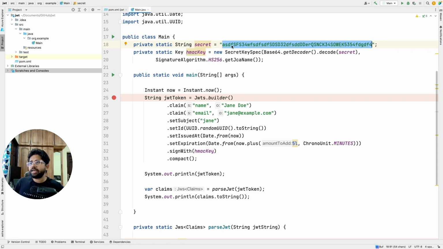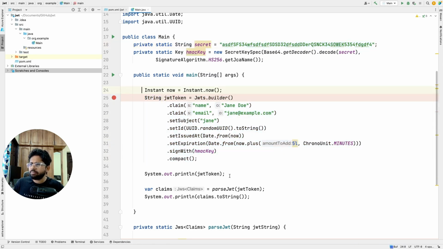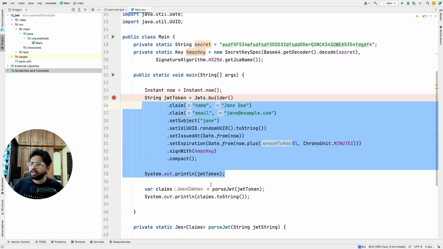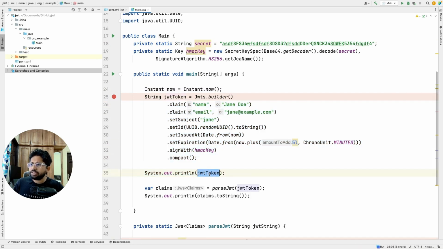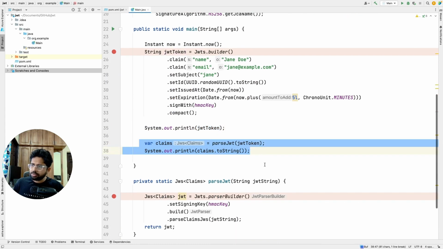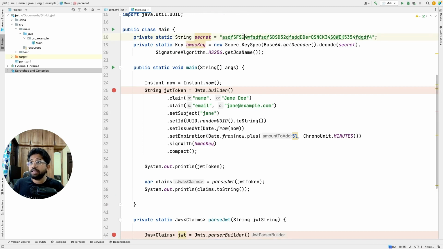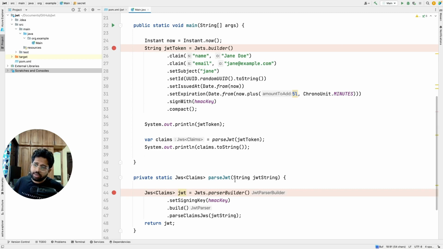So it will be there in the environment variable, or something like that. So nobody else would have this data. What you do is, whenever a request comes to generate the JWT token, you write some code to do that, and you generate the JWT token. And whenever a request comes back to you, you decrypt using the same key with which you have generated the token. Using the same key, you can decrypt the token.